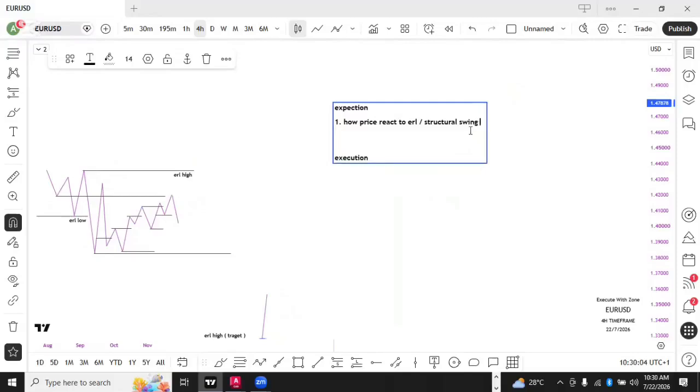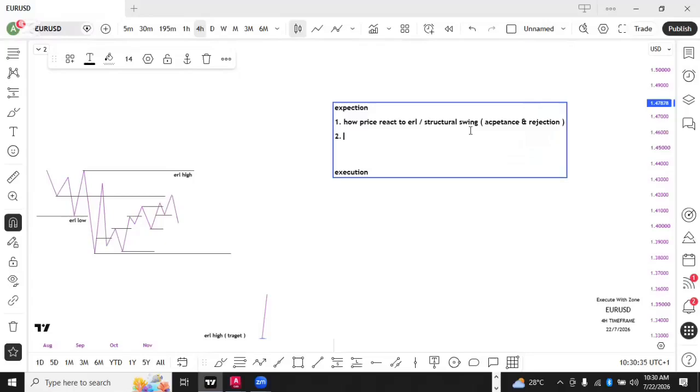That reaction is, there's something I call acceptance and rejection. So you need to know if price accepts a previous external low or if price rejects a previous external low. That's one thing you need to know first, right? The second thing is